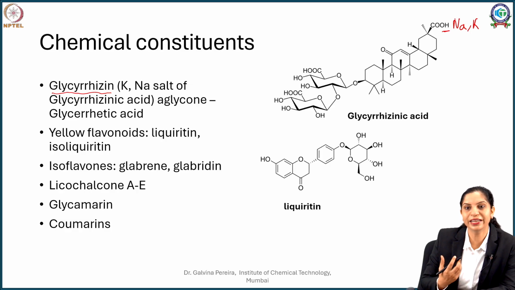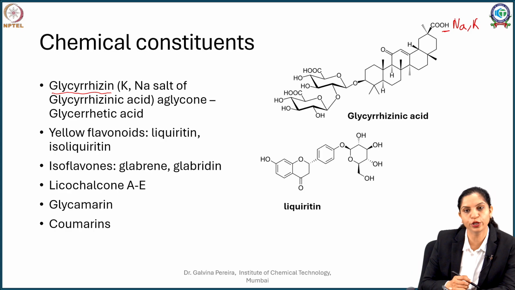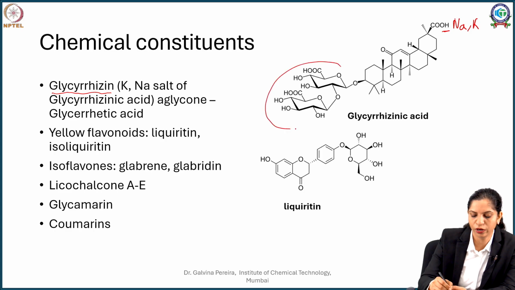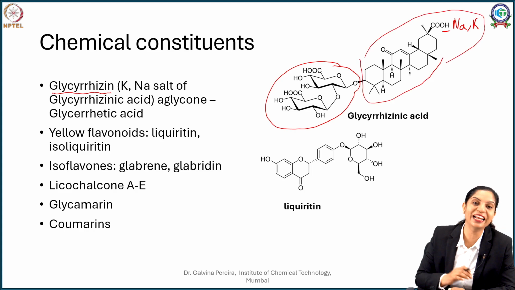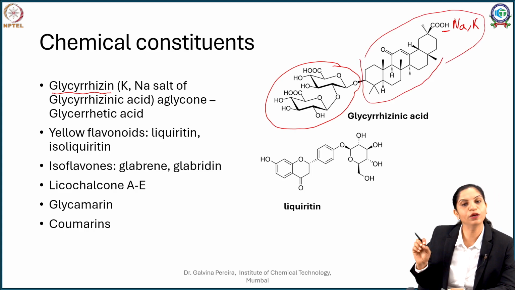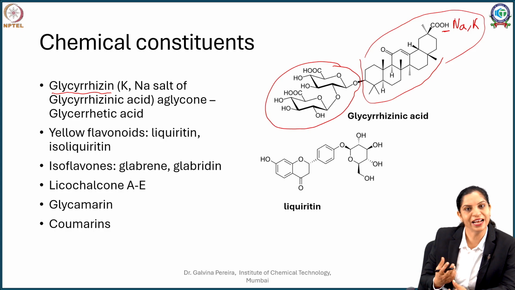Now why am I calling it a saponin? Saponins are the ones which show surfactant-like properties. If you observe this molecule carefully, you see a little polar entity out here made up of sugars, that is a disaccharide, and here is a more non-polar entity. So when you have a non-polar entity with a polar head, they act like surfactants, and if you put them in water, they tend to produce foam. So glycyrrhizin or glycyrrhizinic acid is basically saponin in nature and responsible for the foam produced when licorice is soaked in water.